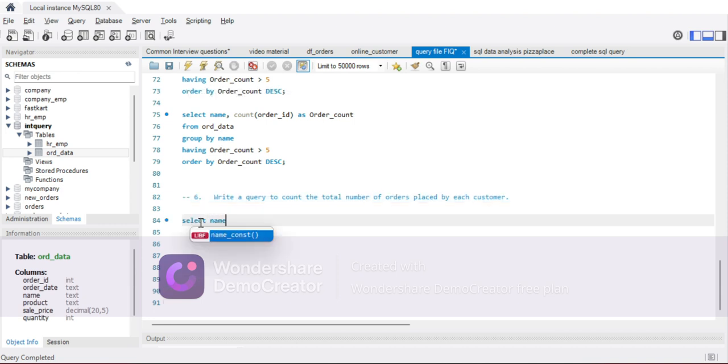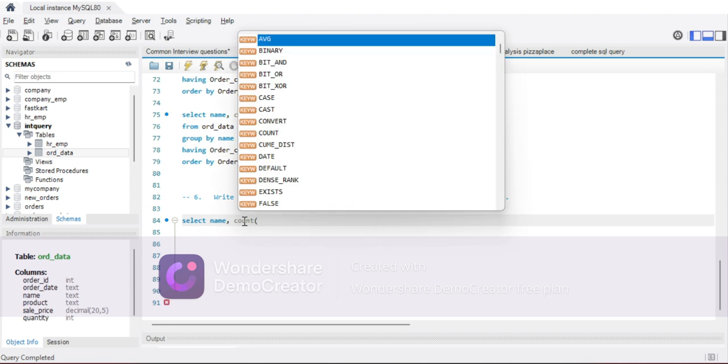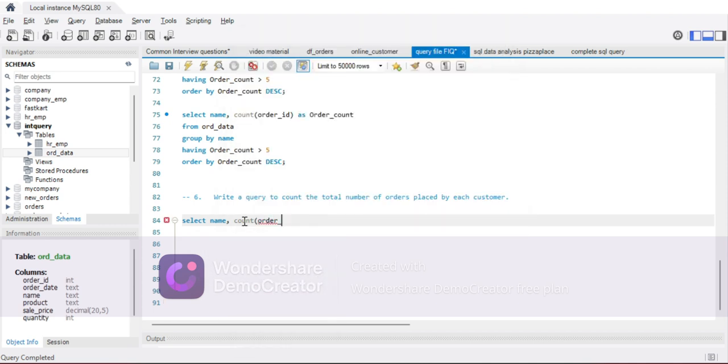Select name, because we want to find the count of total number of orders by each customer. So select name, count of order ID as total orders